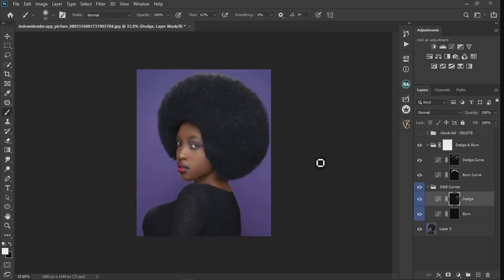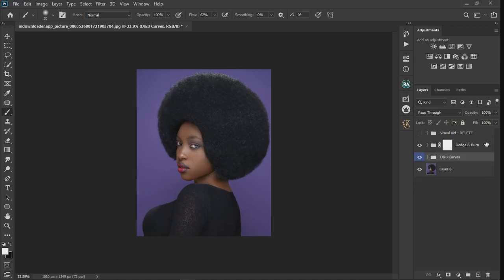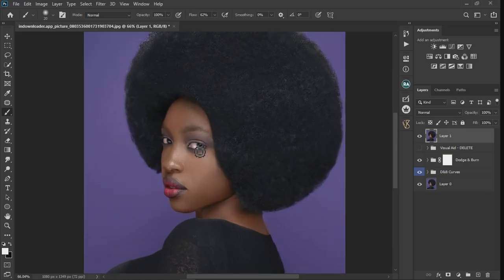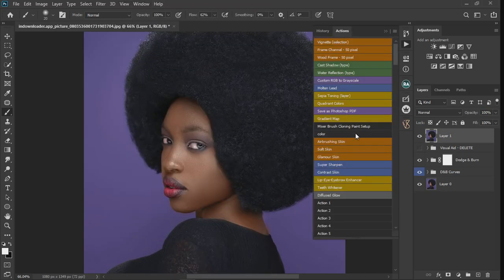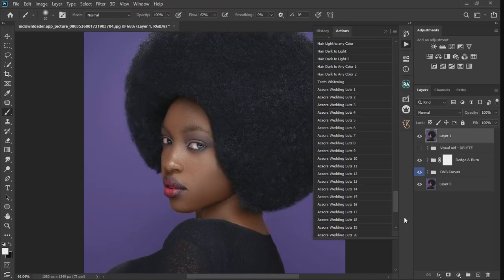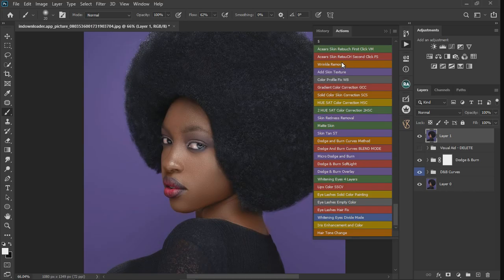All right, so apart from that though, just a recap. Then the next thing you are to do is to group them. Let's group them. Let's create a stamp visible layer. Control Shift Alt E. Yep. So we can whiten the eyes, and I have my own actions also for that. So we can go to Window, Actions. Let's go down, and I'm gonna use the